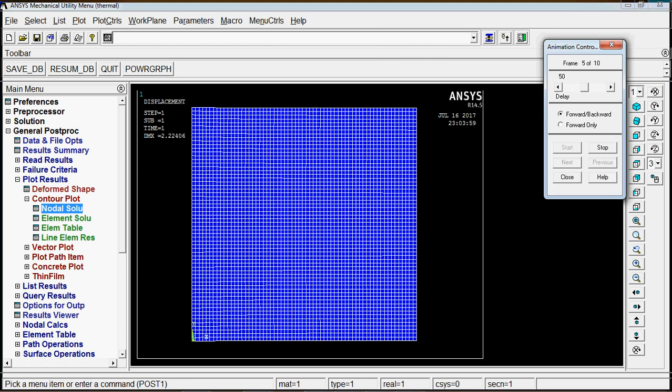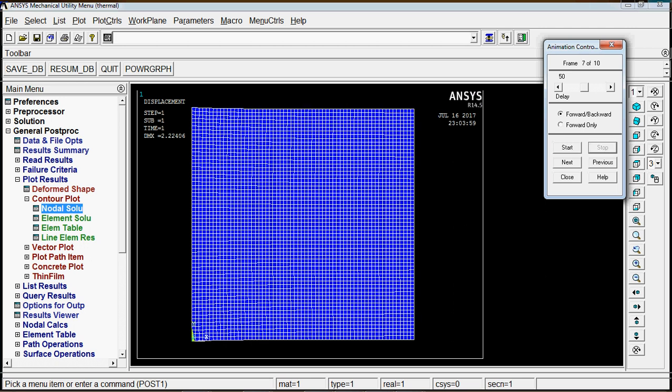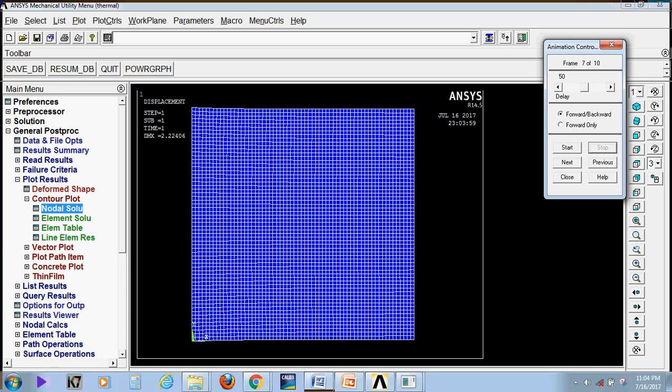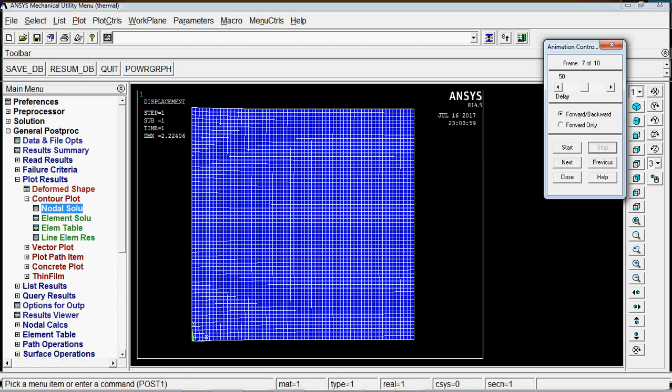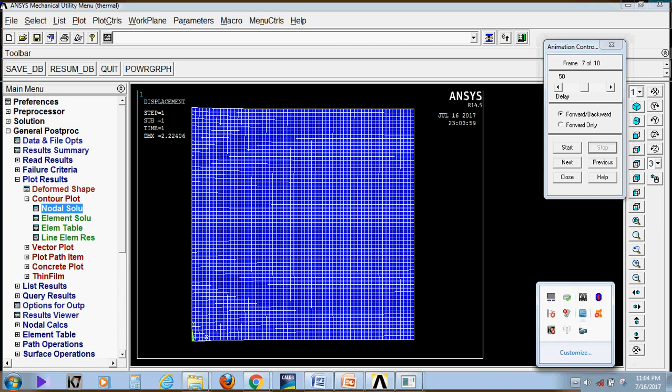Now the various animations are plotted. We can choose according to our requirement, and that's it about the tutorial number